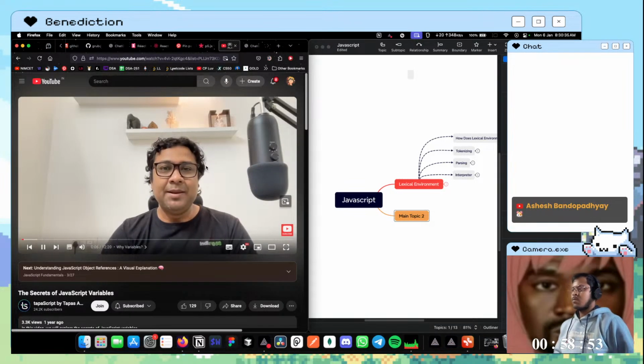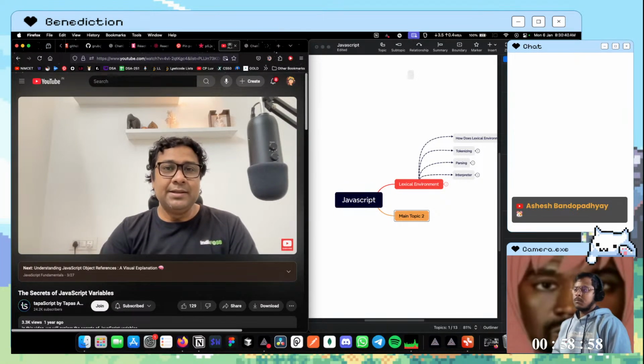Without data and information, your application will look really, really blank, and we don't want to build an application which is blank. Now, when you need to deal with data and information, you have got to store them somewhere. Where are you going to store them?